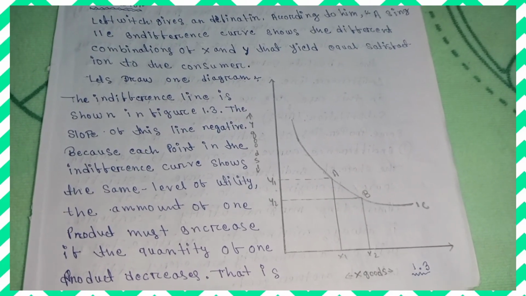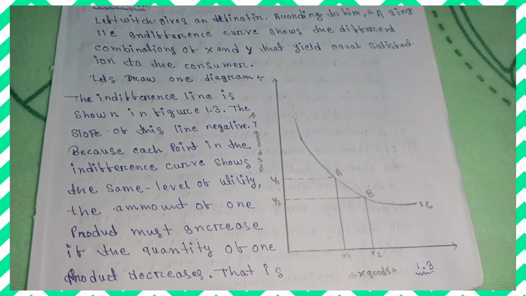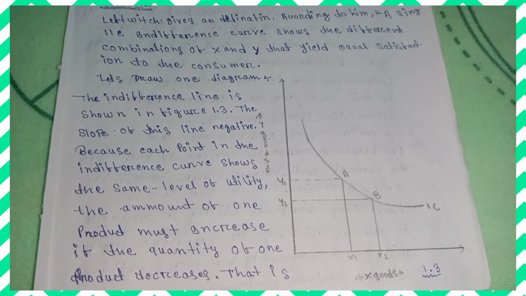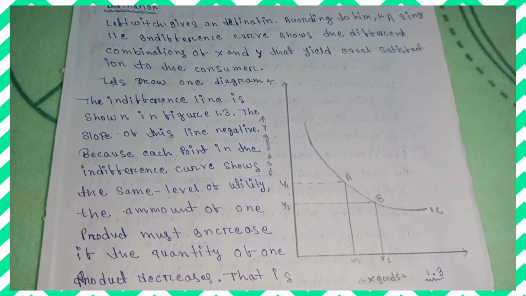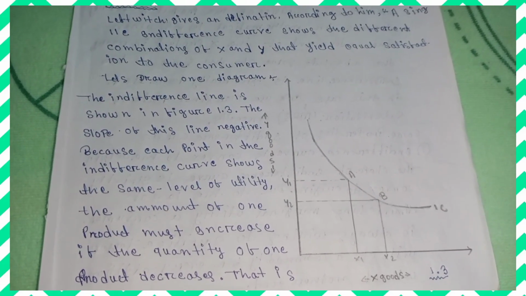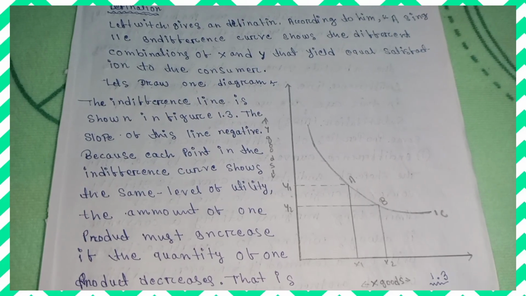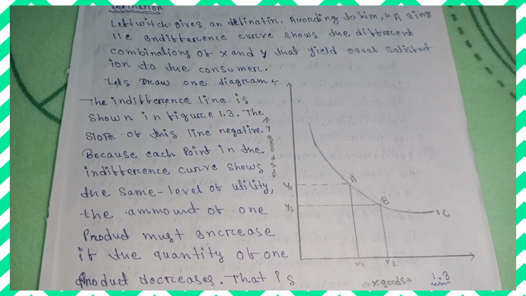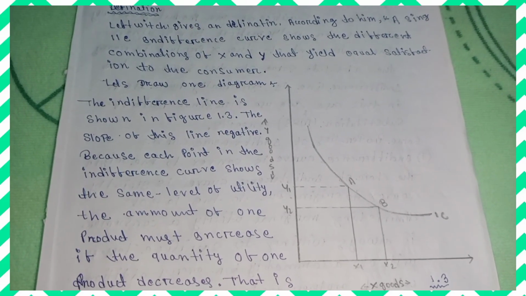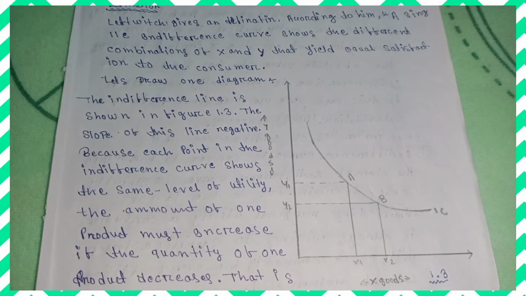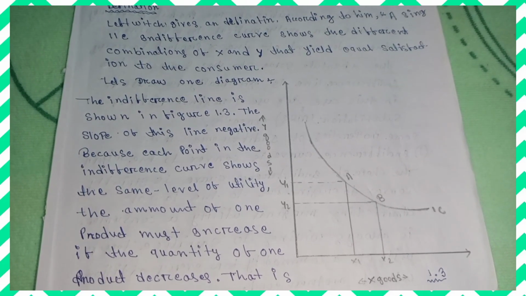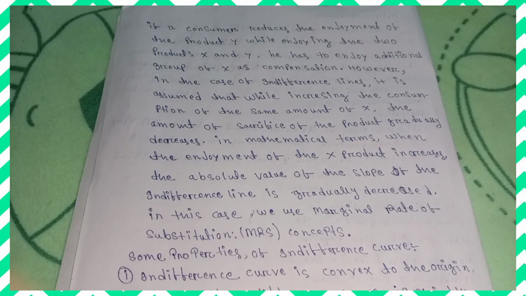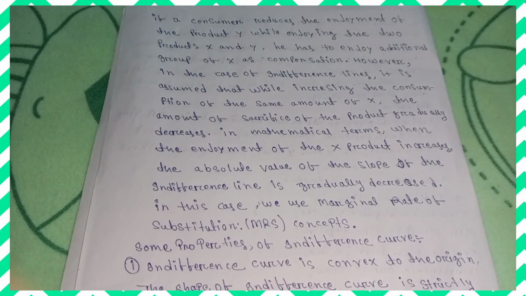यहाँ पर IC का स्लोप नेगेटिव होता है क्योंकि इंडिफरेंस कर्व का हर एक पॉइंट सेम लेवल ऑफ यूटिलिटी दिखाता है। इसलिए एक प्रोडक्ट का कंजम्पशन इंक्रीज करके दूसरा प्रोडक्ट का कंजम्पशन डिक्रीज करना पड़ता है, इसलिए नेगेटिव स्लोप हो जाता है। इसको मार्जिनल रेट ऑफ सब्स्टिट्यूशन के थ्रू समझते हैं।